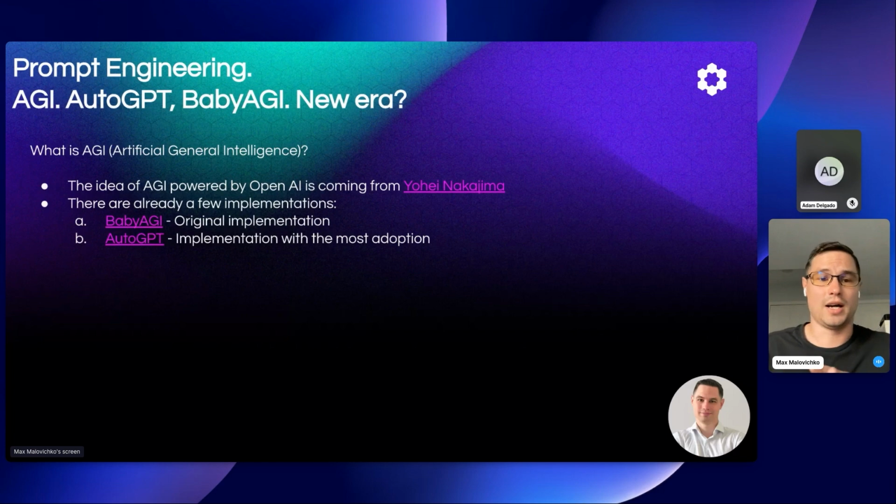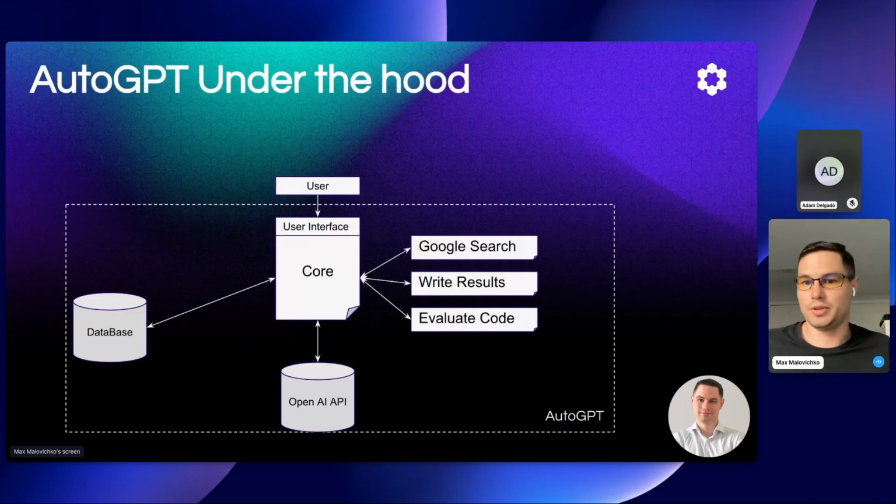And there is another one that is called AutoGPT. That's the implementation with the most adoption. So essentially, what is the goal? What is it doing? Well, let's look under the hood. Let's grab AutoGPT as the implementation with the most adoptions at the moment. So what is going on? Why do we need AGI? Why is ChatGPT not enough? Well, ChatGPT is not gonna cut it because it's usually going to require some user input and some user supervision. This thing is more intended to be independent and have a minimum of interactions with the user.